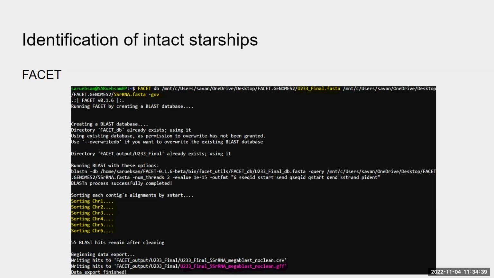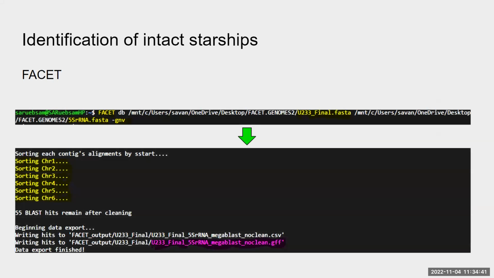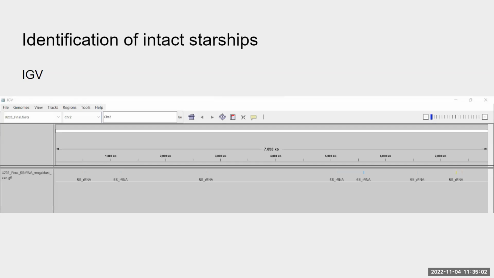Now this looks a little bit complicated, so I'll just show you the input here. We're running FACET. Our subject is U233, and our query is 5S rRNA. So it's similar to the BLAST that I had shown before. Once we run that, it sorts all the hits by chromosome and outputs a GFF file, which is really important because then we can put that GFF file into a program called IGV. IGV is a genome browser, so we can actually go in, look at the nucleotides and see what's going on